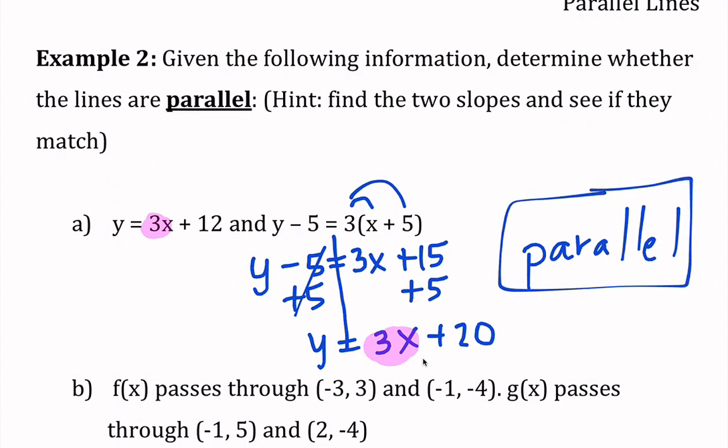Okay, so how could I have told the slope of this guy just by looking at it? Well, hopefully if you recognize this isn't written in point slope form, remember,